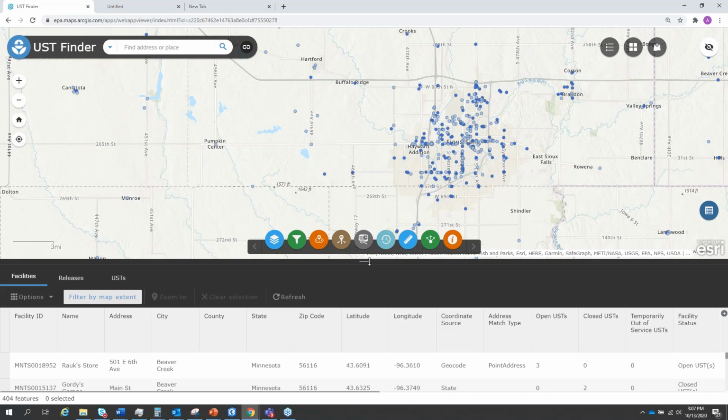Several questions about data for ASTs. Is this something that could be added at some point? Above ground storage tanks. Certainly for this program, our focus is underground storage tanks, but having said that, we realize that there's an interest in the ASTs and compiling that information. That data also resides with the state, so at this point it's a function of the data that's available. At the present time, we don't have anything specific underway on the ASTs.